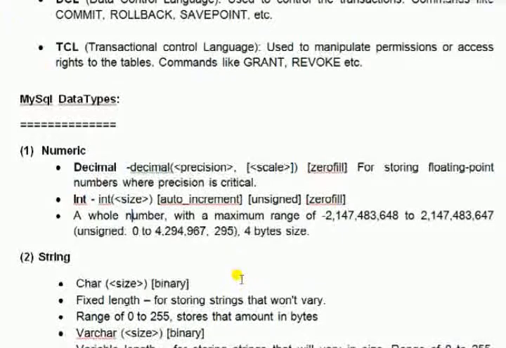Decimal values. How is the decimal value counted?